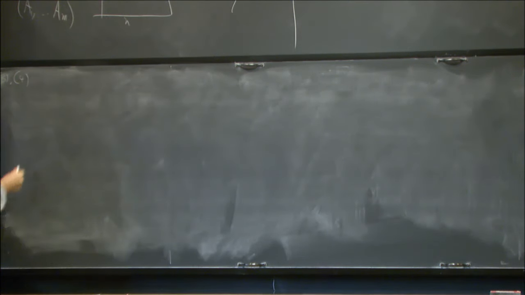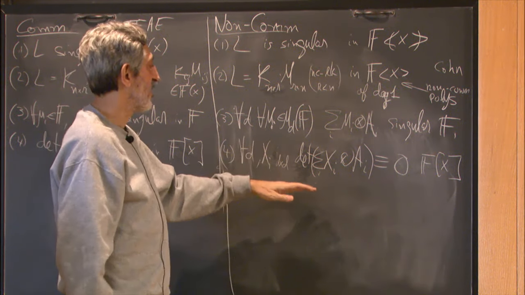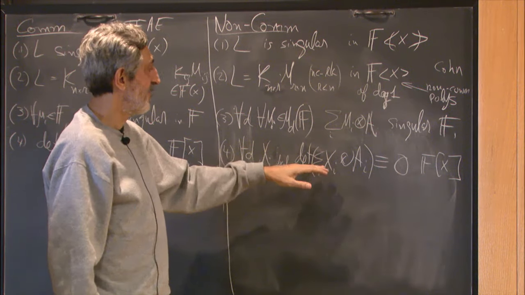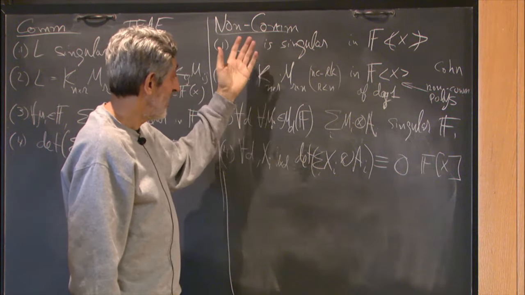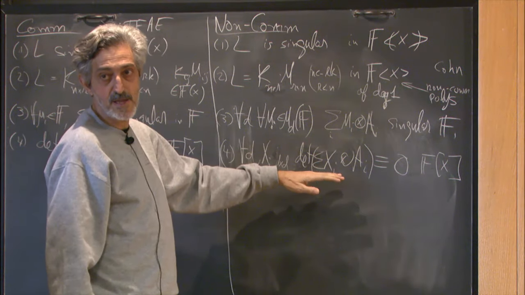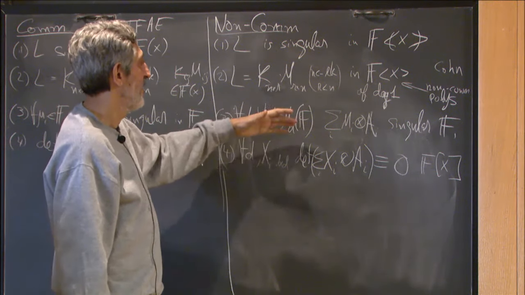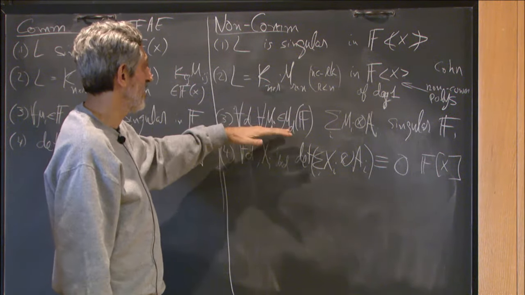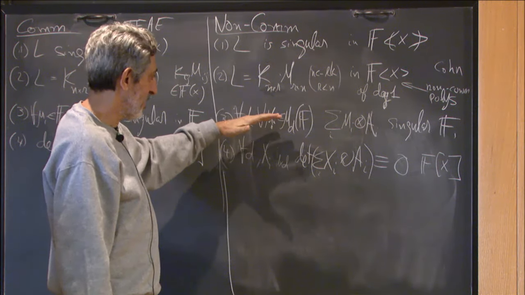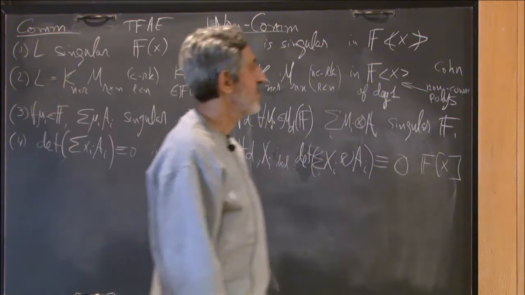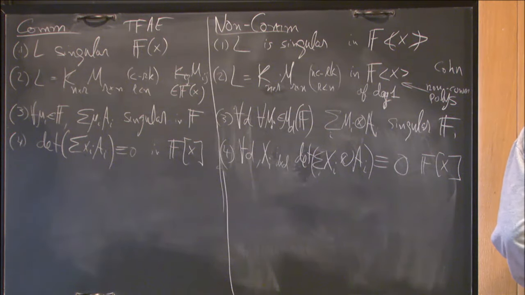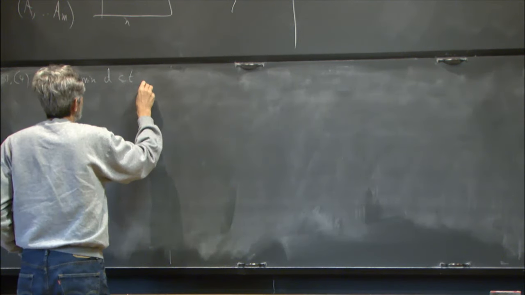So for both 3 and 4, it's clear that they are the same. It's clear just by Schwarz-Zippel that if L is non-singular and this does not vanish identically, then a random set of matrices will be good. Similarly, if it's non-singular and something demonstrates it, a constant set of matrices demonstrates it, and certainly a variable matrix demonstrates it. So let's denote d of n, the minimal d, such that if